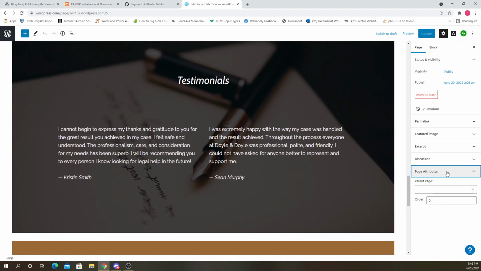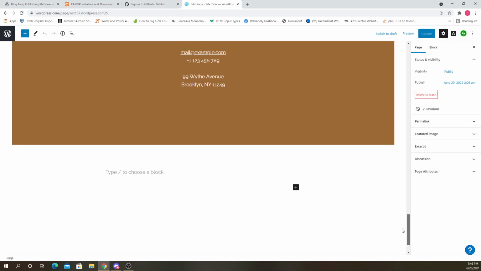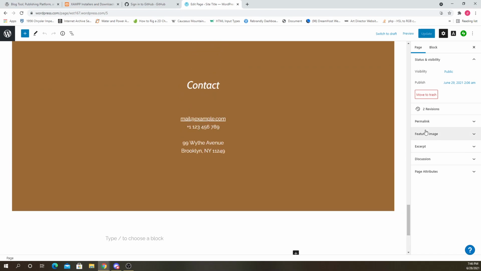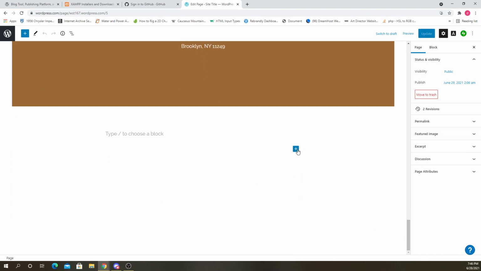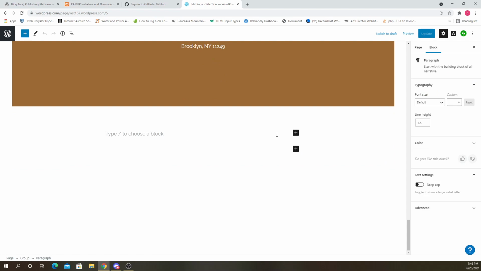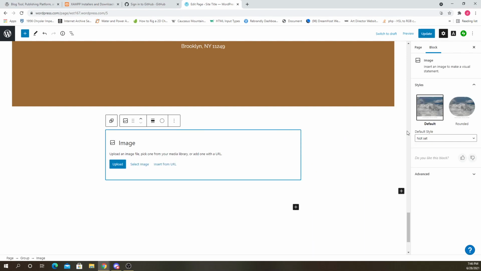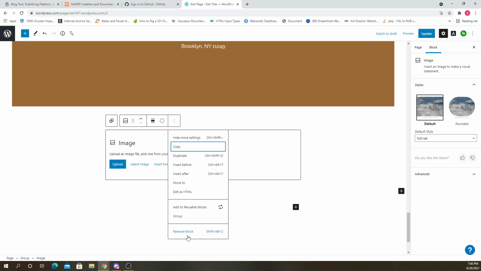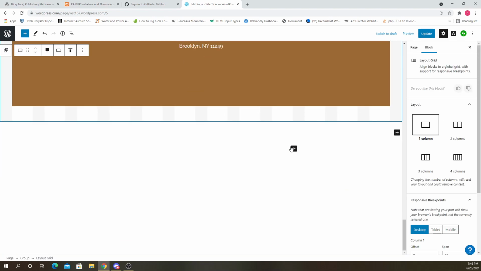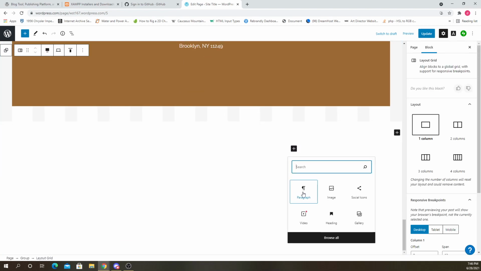And page attributes, permalink. I don't see, I guess we can't remove it because, I mean, we could probably add something to it, but I don't know if it's letting us actually edit that footer. Let's just try adding something here, see what it does. Let's put in a random block here. Let's not put an image block.